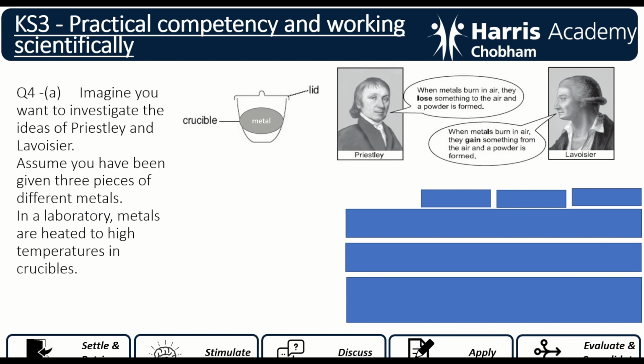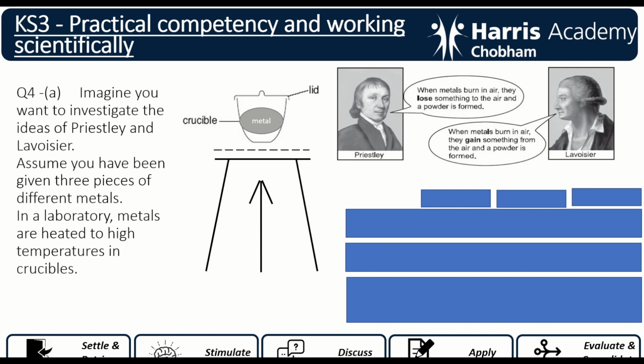Okay, so in a recent assessment, you were asked to imagine that you want to investigate the ideas of Priestley and Lavoisier. You were told to assume that you've been given three pieces of different metals. Typically in a lab, the metals are heated to high temperatures in crucibles. So you have been provided with an image there of a crucible. I've added in the metal there, and of course every crucible will have a lid. In a lab it won't be expected to just float there. You'll place it on top of a tripod and gauze, and that'll be over a Bunsen burner,